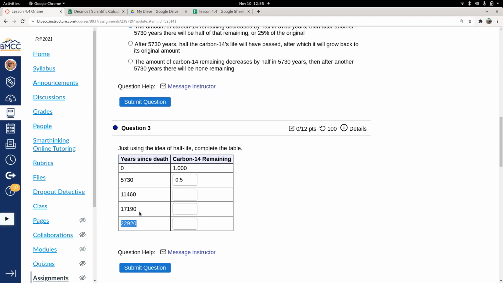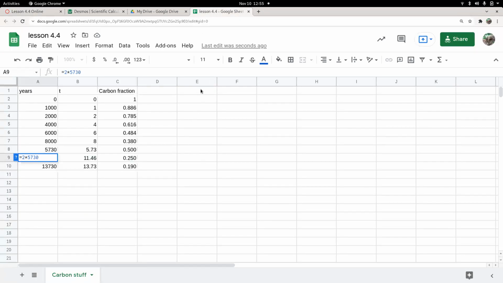Let's check that out on a calculator. If that's true, we should just keep cutting in half as we go down here. And the spreadsheet's a good way to go here. So here's my setup. I'm going to type in years, and then t, right? Because t is different. 1,000 years, t is 1. And then our carbon fraction. So I'm just going to call that carbon. All right. And then the years we want to look at are 0, and then